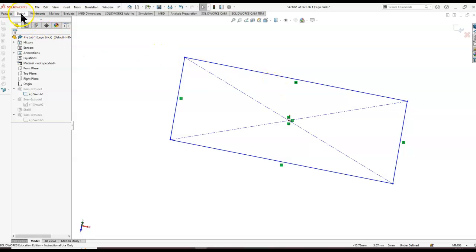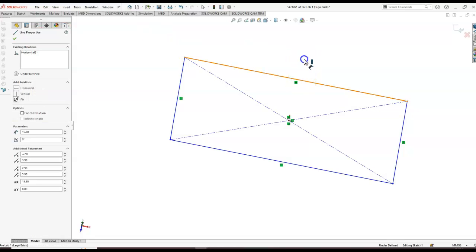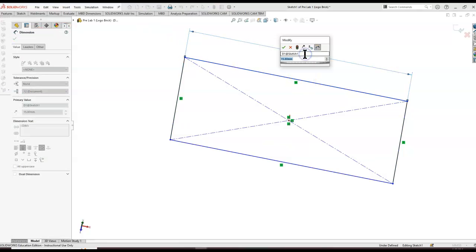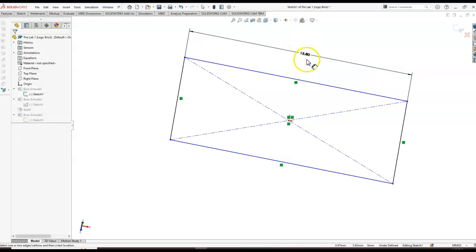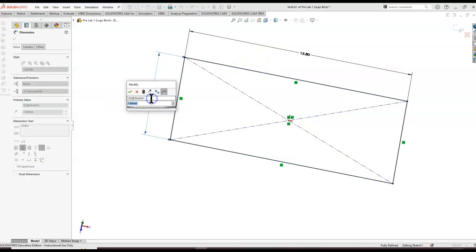So I'm going to go to the Sketch Smart Dimension, go up to this first one, and 15.8 is the correct measurement. I'm going to hit it, and now you can see the 15.8 shows up in black. Now, my theory on this is